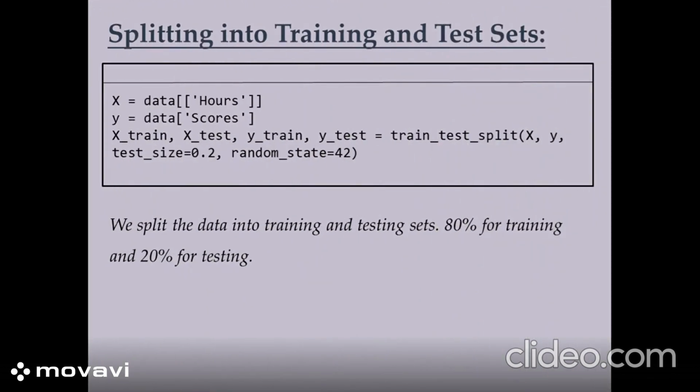We can't just train the model on all data. That would be like memorizing past exam questions and failing in a real test. So we split the data, some for training, some for testing. In these slides, we use 80% training data and 20% testing data. Training helps the model learn patterns and testing checks if the model works on unseen data. Industry uses splits like 70 to 30, 80 to 20 or 90 to 10 depending on data size.